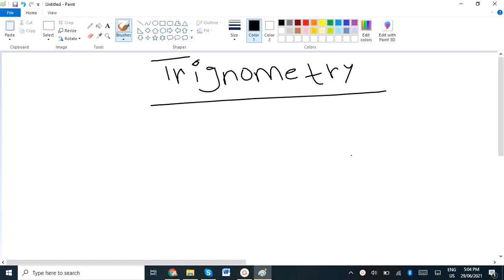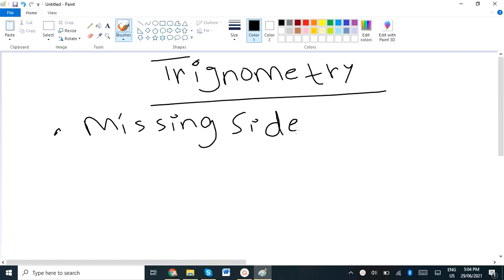So let's start. I will try to tell you the simplest method to understand trigonometry. First of all, what is trigonometry? Trigonometry is basically used to find out the missing side and missing angle. There are two things you can use trigonometry for. It can help you to find out a missing side and a missing angle, but make sure it is only applicable for